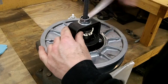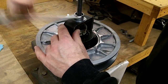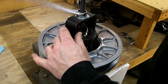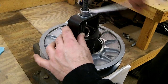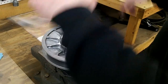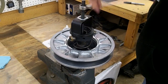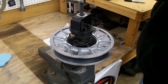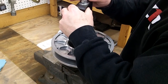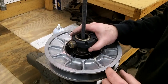The spring is under a lot of tension, so you just don't want to pull off that snap ring and let it go. Just, you know, use a tool like this to slowly let it come out of there. And you just unthread the nut. Once you get that out, you'll have your snap ring here,